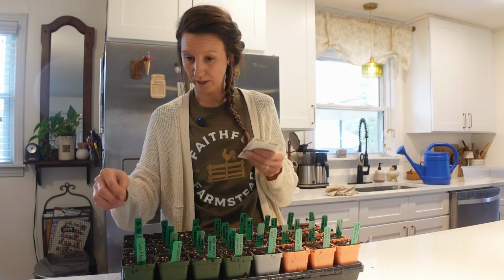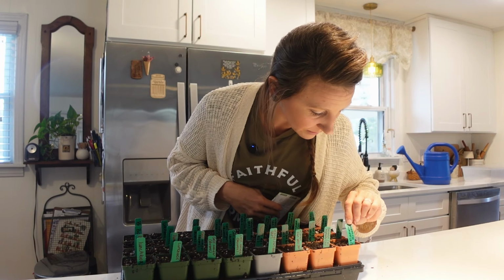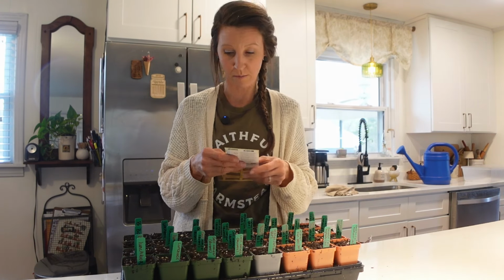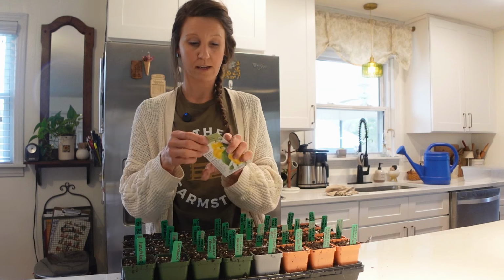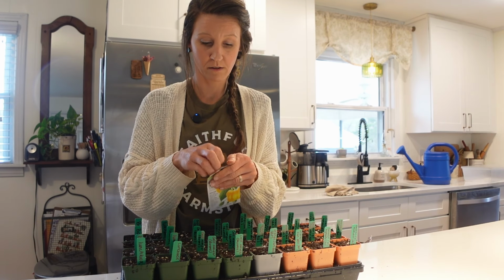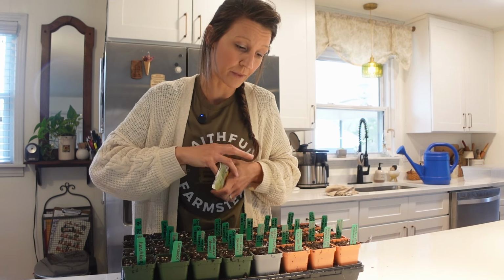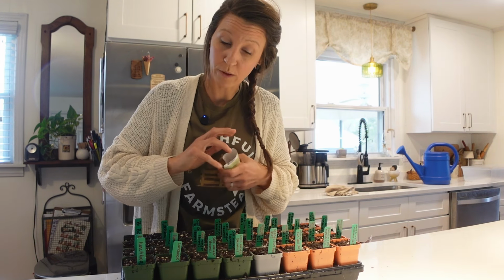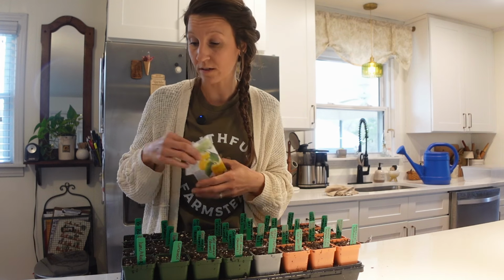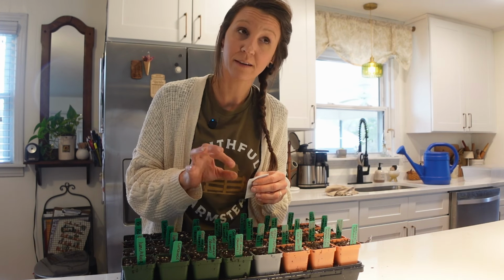So we're going to start with, what do we have over here? We'll start over on this side. This is the California Wonder from Botanical Interest. This yellow pepper. We're going to open this up. And seeds are so tiny. The rule of thumb with planting seeds is that you want to plant the seed twice as deep for how